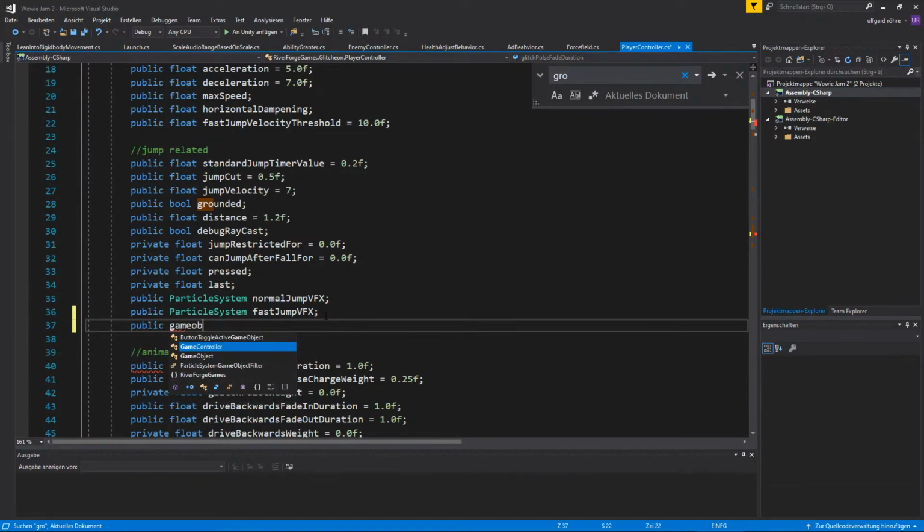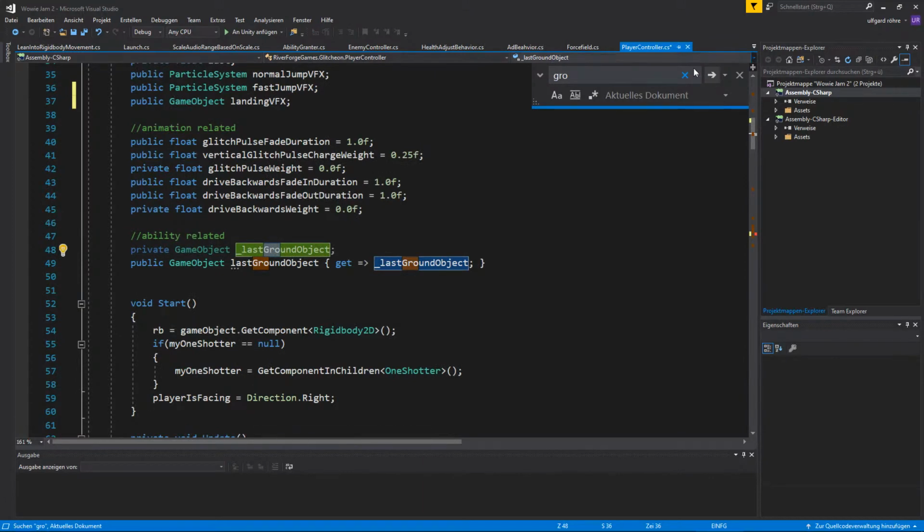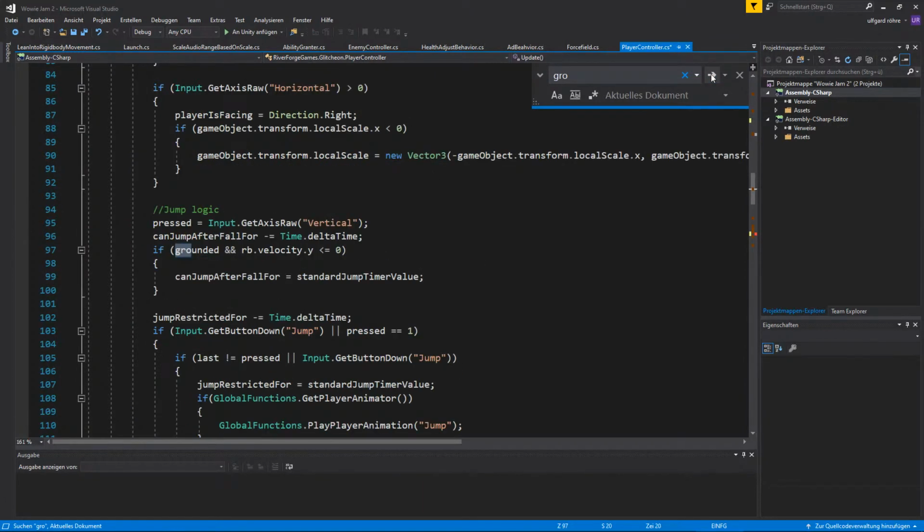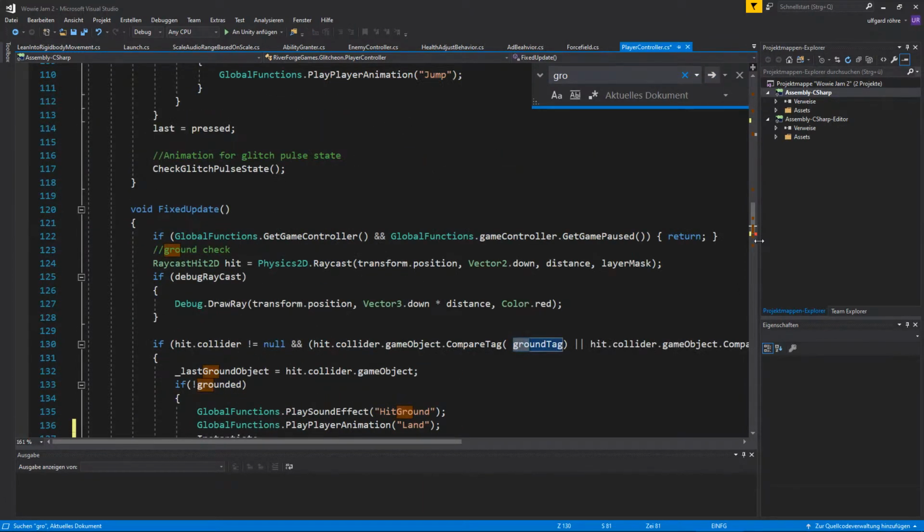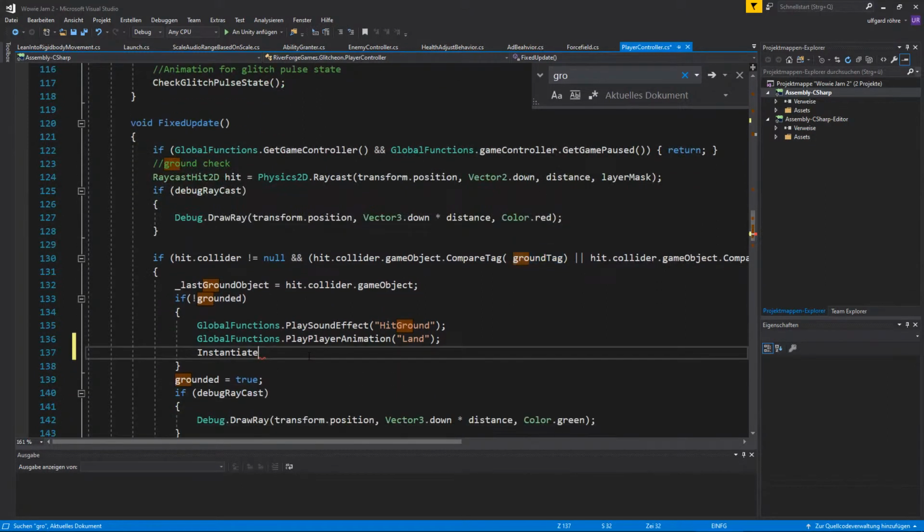Game object landing VFX, right? And then I just, okay, so it's here. Instantiate landing VFX, comma. Just the position is